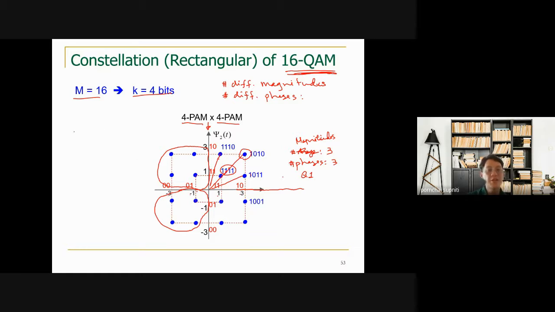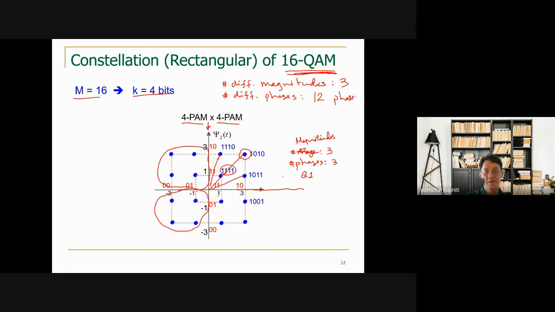So in general, the number of different magnitudes for 16 QAM is only 3. But for the phases, different quadrants have different angles. So for one quadrant you have 3 different phases, but for 4 quadrants you have 12, which is 3 times 4